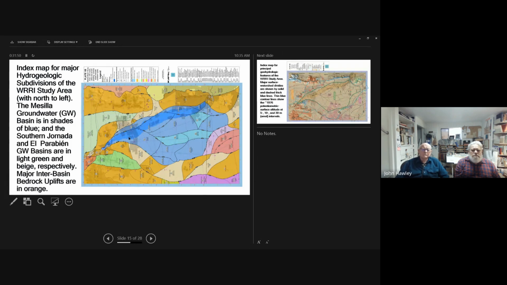This is the Mesilla Basin. This is the El Paso Basin. And you'll notice that this slide is rotated so that north is now to the left. And this is the Mesilla Basin. We've divided the Mesilla Basin into about 15 subdivisions based on drilling and geophysics.